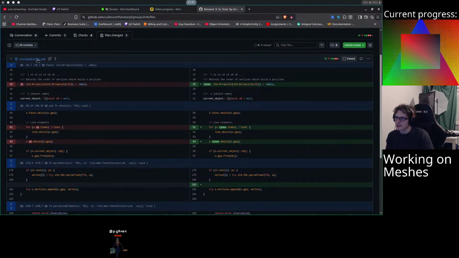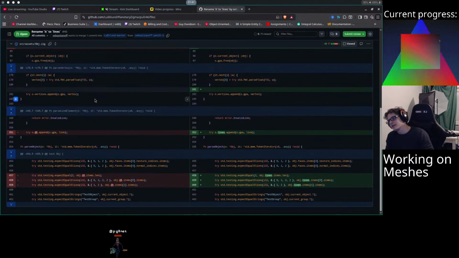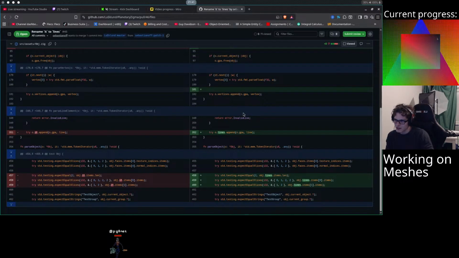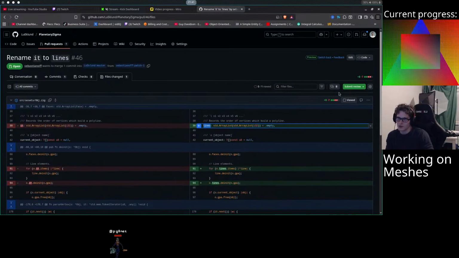But the problem is that this is now in the wrong place. I will remove it away from here. But all he did was just rename the iterator to lines. So I guess I can just